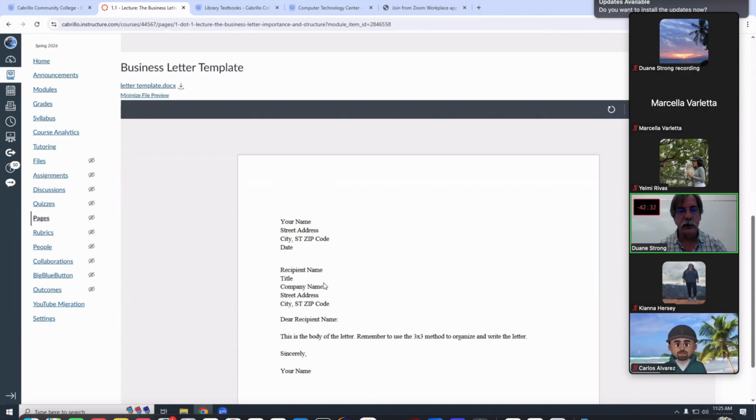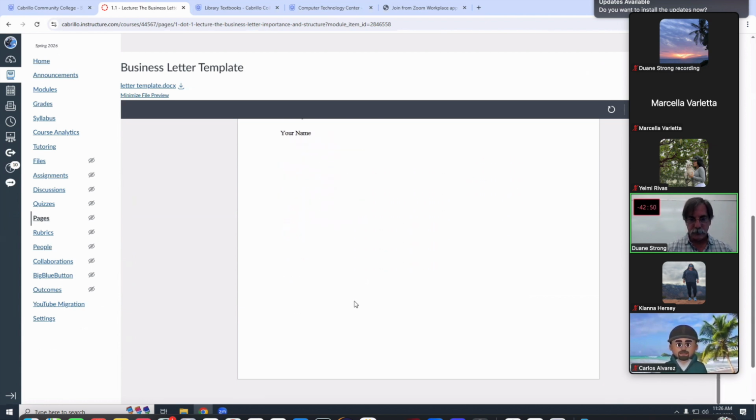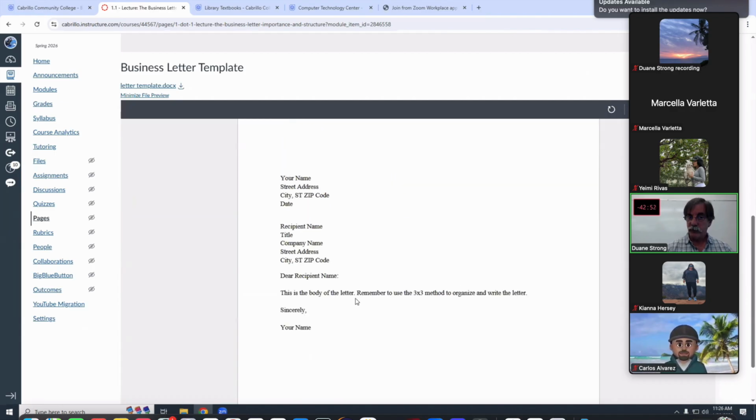Okay, so here's that template. This template is in that references module, and you'll be using this throughout the entire class. When I say write a letter, I'll have the link there. You start with this template. So you just open this in Word, start putting in your own things here for the 6 parts that you need. We can also download this and have it? Absolutely. Yep. Click that button right there. That's a good one.